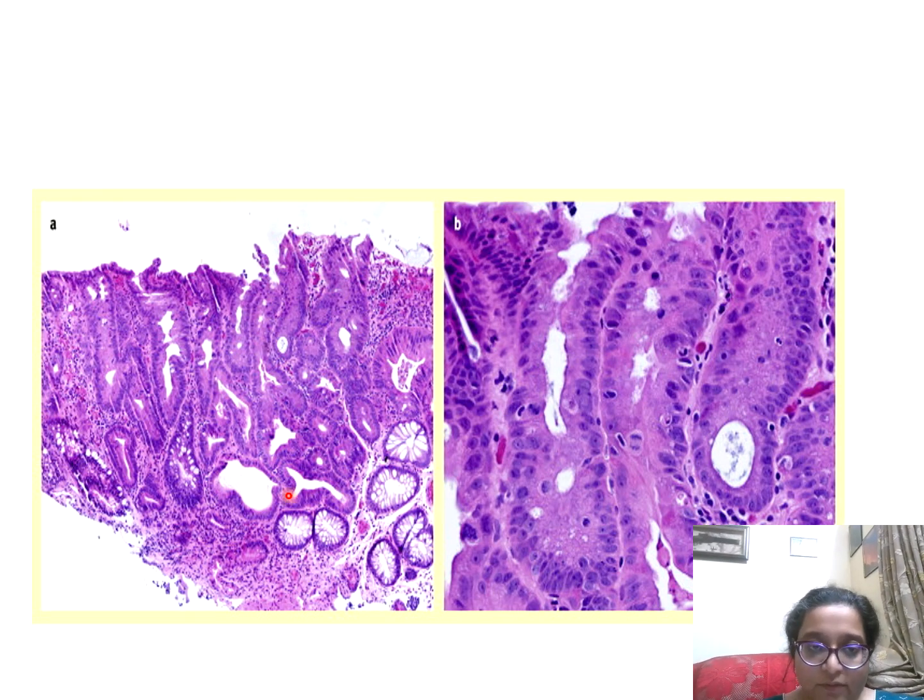So you can see this looks very blue, can you see? And there's a lot of loss of the goblet cells. So this is how a DAM looks, a dysplastic, very bluish, very pleomorphic, and loss of goblet cells. So this is a dysplasia, and you can see mitotic figures also. So this is a dysplasia arising on the background of some architectural distortion. So this could be an IBD where a flat dysplasia is arising. It's like a DAM. Okay.